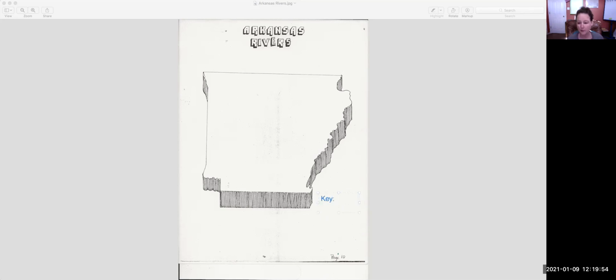And in our key, we are going to have our capital, it keeps wanting to do a star, and our capital is Little Rock. Okay, some other